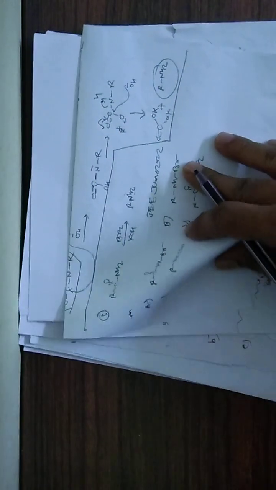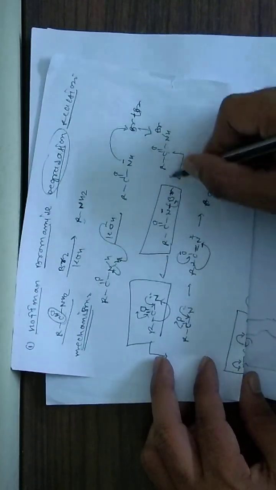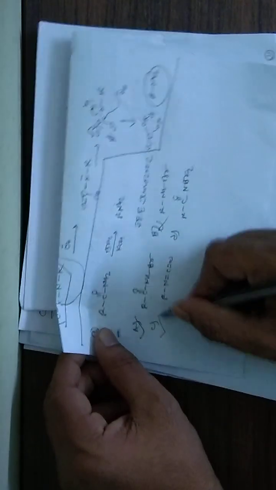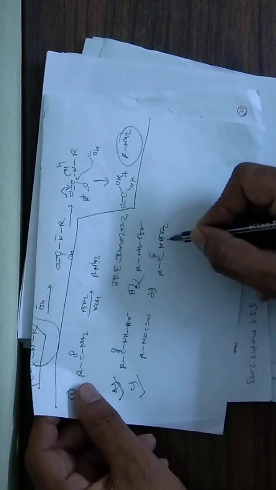If you go through the mechanism, the question is which intermediates are formed in this reaction. So if you go to the mechanism, first option, let us eliminate using the mechanism. Is this intermediate formed in that reaction? If you see here, this is formed. So this option is correct. This will not form. This will also form, and this dibromide will not form. So the correct options of that question are A and C. So this totally depends on the mechanism of that reaction. So the mechanism of this reaction becomes so important from an exam point of view.